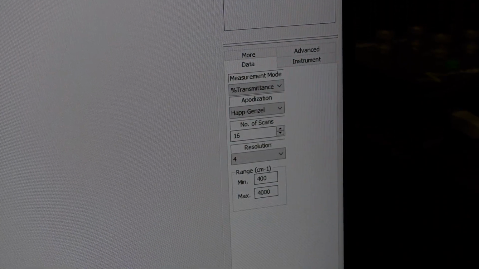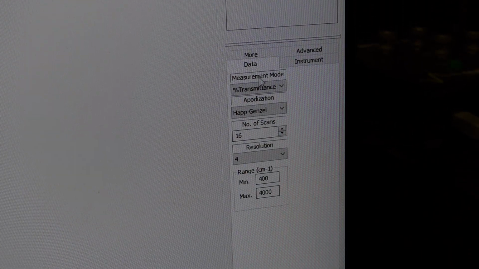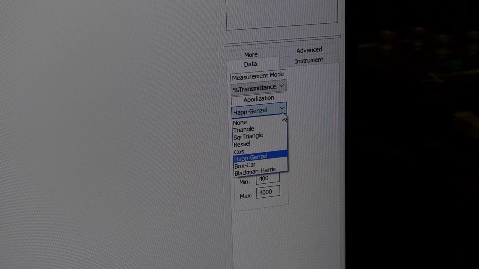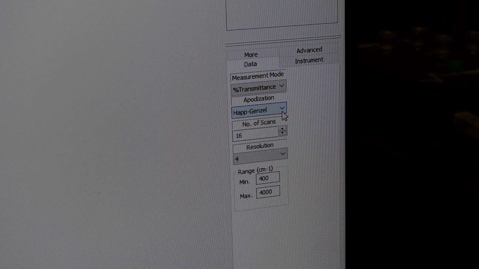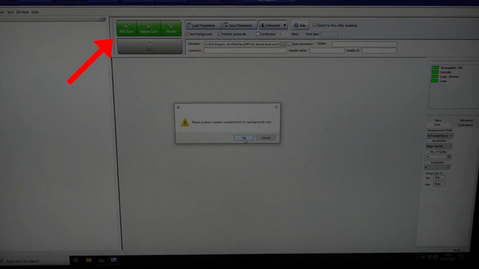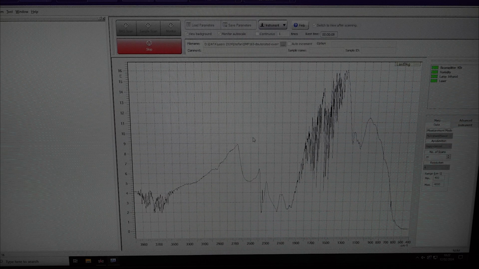On the right, you can adjust the settings of the measurement. Keep in mind, using a higher resolution, it also takes longer to measure. Usually leaving it on the default settings works fine. If you are ready, then start the background scan using the button BKG Scan. To know if everything has been performed correctly, the resulting graph should have the same shape as seen here.